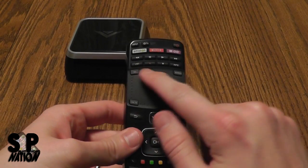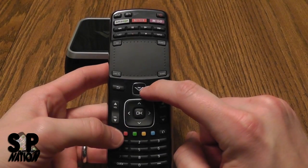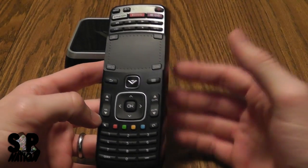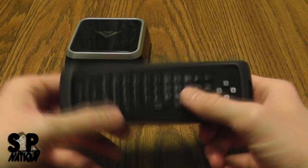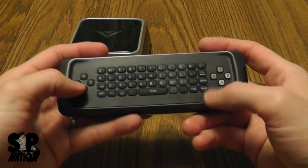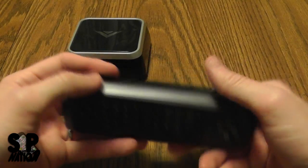It's got this mouse trackpad over here. You got your stop, play, rewind, fast forward button. This kind of serves as a home button. You have select here, volume up and down, channel, page up and down. So it's got really nice navigation. I loved this feature on Netflix. When I wanted to search for something, I could go and begin typing it in, and obviously it went right in. And then the up and down, left and right, obviously the D-pad, X, Y, A, B, no analog sticks or anything,